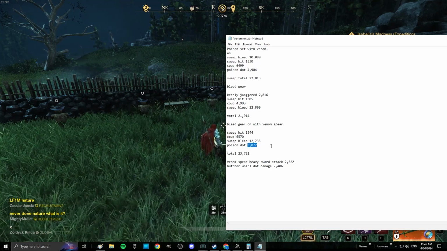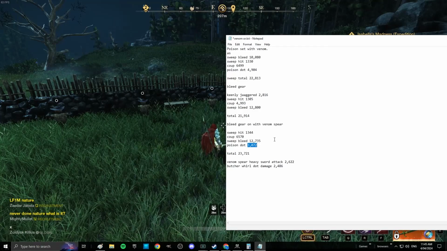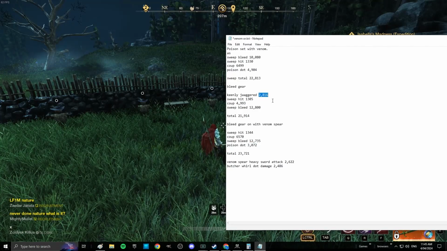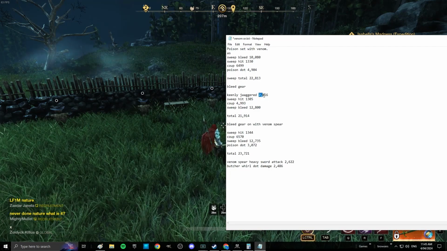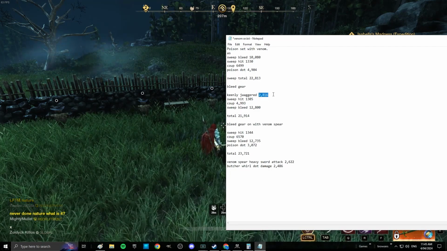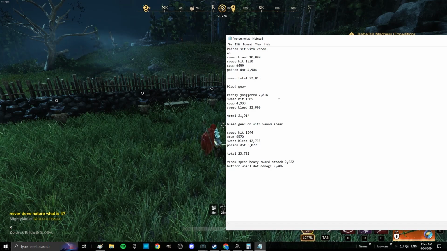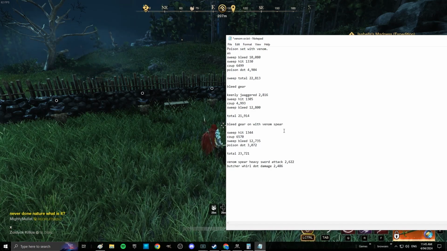If we take that poison dot there and we compare it to the keenly jagged, which is up here, if we're using the regular syncretic spear, 2,816 on the keenly jagged dot. And you can see that the Venom Spear is just all around hitting harder. So we've got